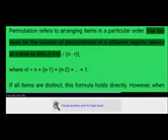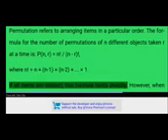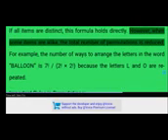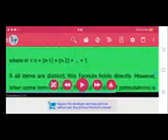Permutation basics. Permutation refers to arranging items in a particular order. The formula for the number of permutations of n different objects taken r at a time is nPr equals n factorial over (n minus r) factorial, where n factorial equals n times (n minus 1) times (n minus 2) times ... times 1. If all items are distinct, this formula holds directly. However, when some items are alike, the total number of permutations is reduced. For example, the number of ways to arrange the letters